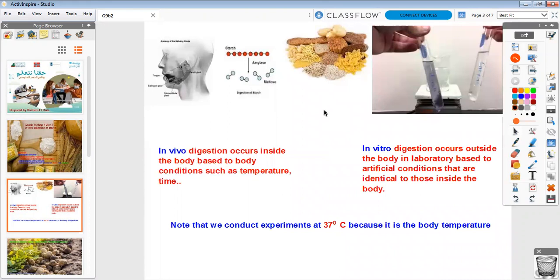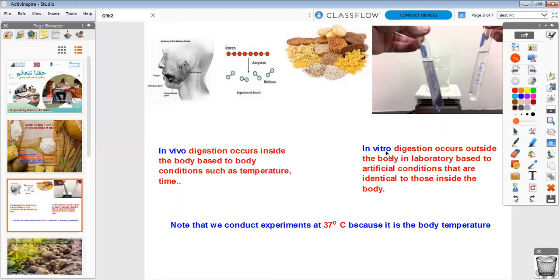First, let us see the difference between in vitro digestion and in vivo. For example, the digestion that occurs inside the body in normal conditions is called digestion in vivo, inside the living organism. In vivo digestion occurs inside the body based on body conditions such as temperature and time. For example, if we eat some food, it will be digested inside the digestive tract under the conditions of